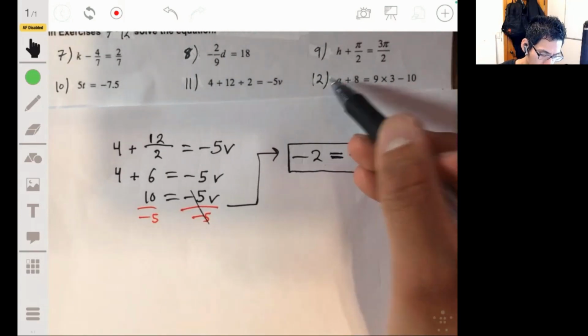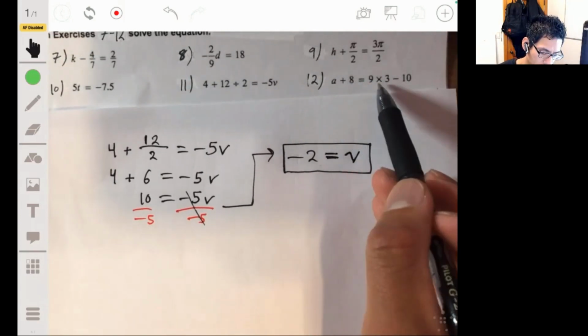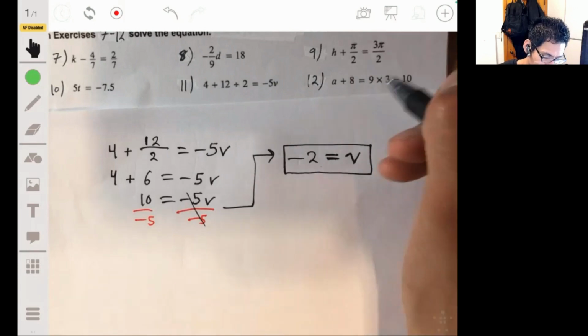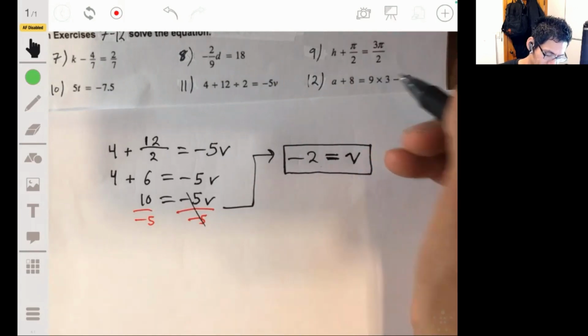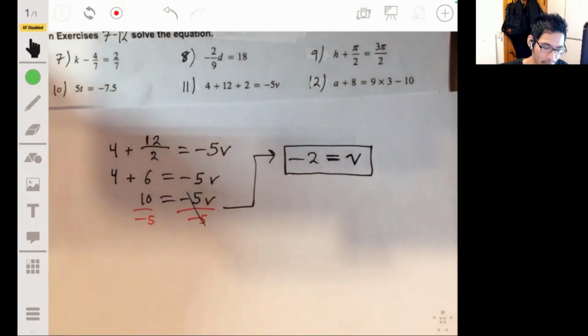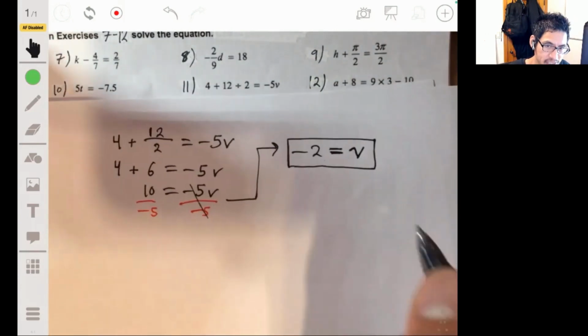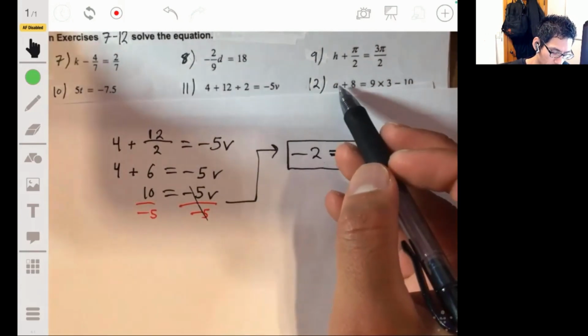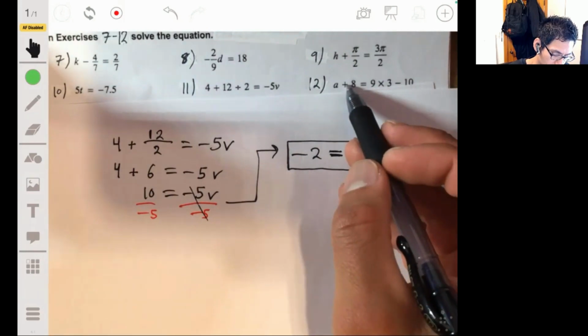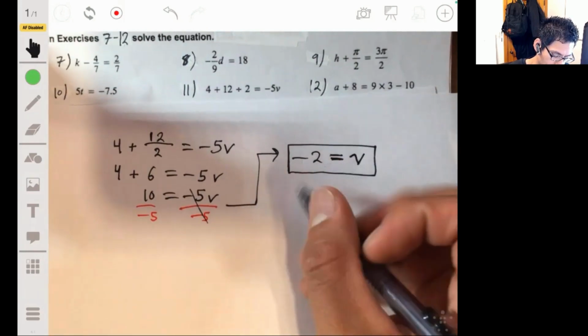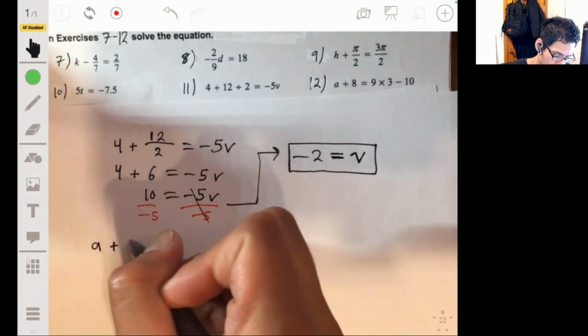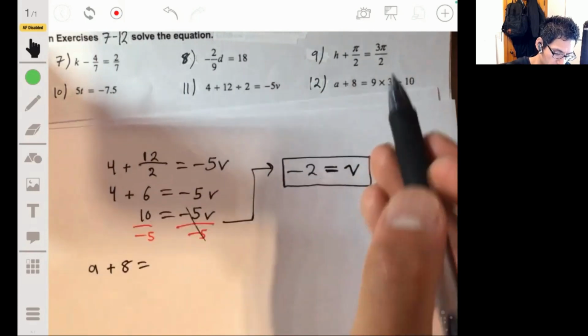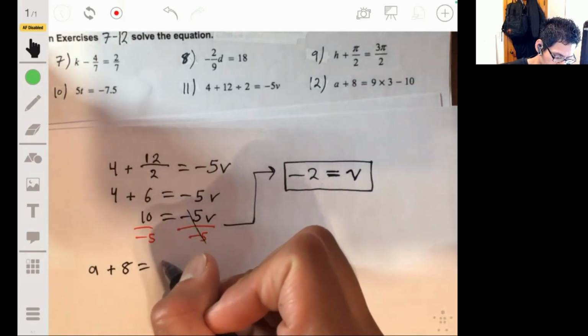All right, for 12, a plus 8 equals 9 times... This is old school. This is really going back. So they're just trying to make sure you know what your order of operations are. So here you have a plus 8 equals 9 times 3. Multiply that out first. 9 times 3 is 27